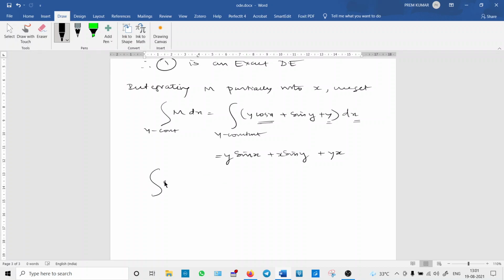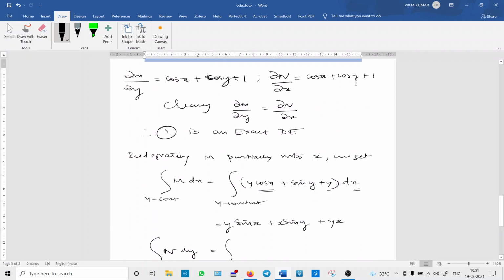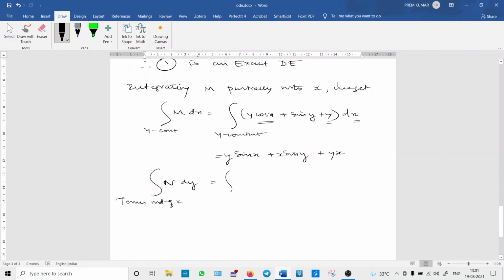Next step, you have to integrate with respect to y the terms independent of x. Which are the terms independent of x in the N? These two terms, cos y plus 1. We have to integrate with respect to y. Sin y plus